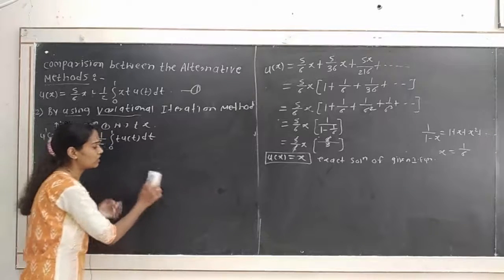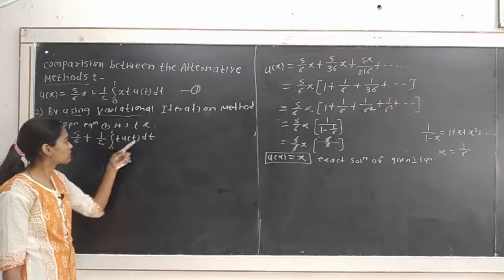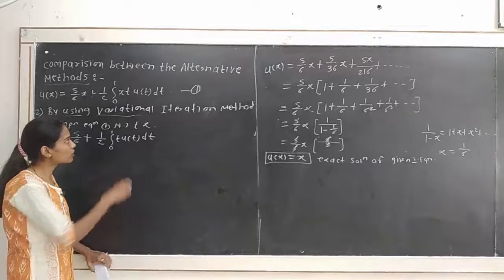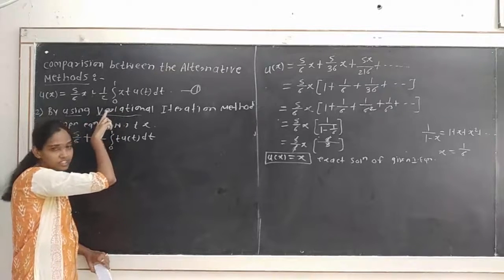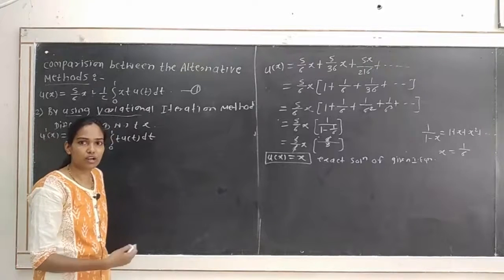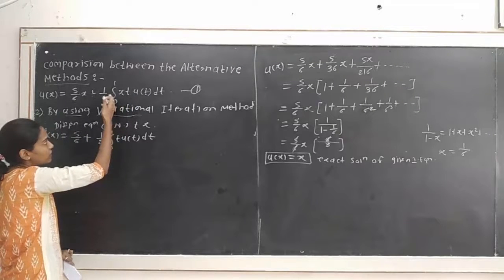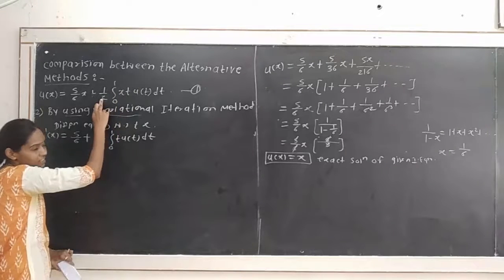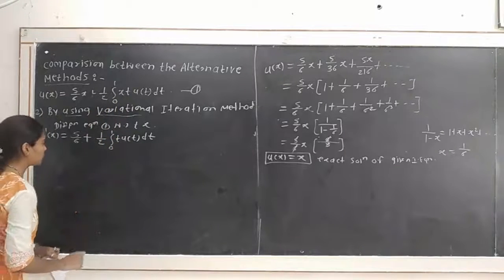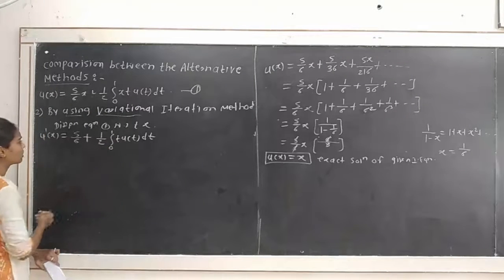So the derivative of this term with respect to x will be in terms of t and the constant 1 by 2. Or we can also take the differentiation under the integral sign by using the Leibniz rule. We know how to apply the Leibniz rule, but here we simply take x outside from the integration. The remaining integration is a constant with respect to x, so this derivative will be x with respect to x equal to 1, and this is a constant. So we get it in this way.